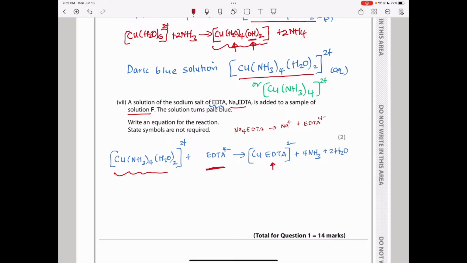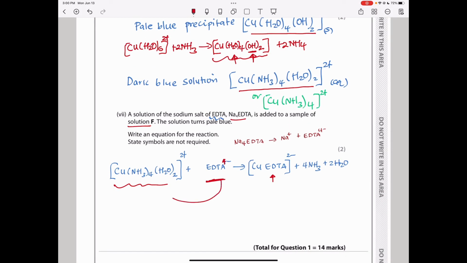Remember, the EDTA basically has 6 donor sites, and in this case it comes out as 4 minus. So it means we are going to have a balance of 2 plus and 4 minus, which is going to be a -2. So we will form